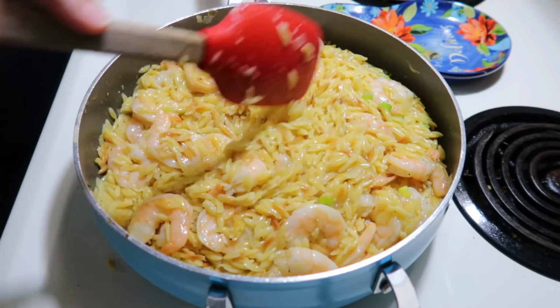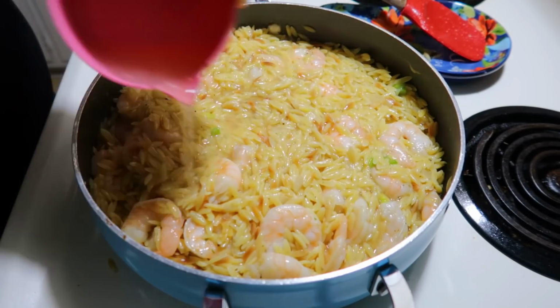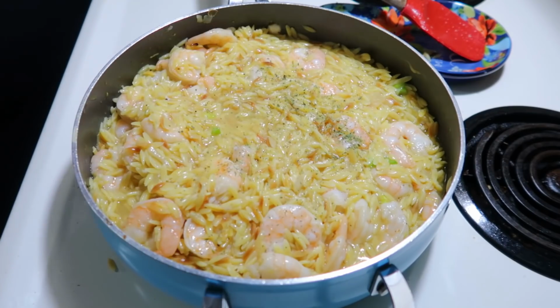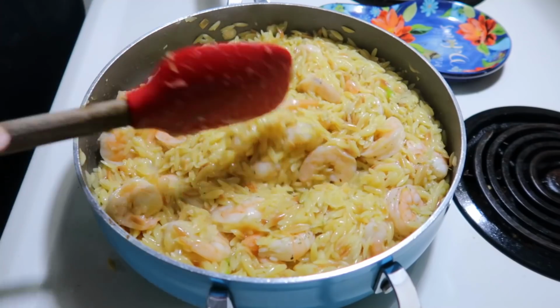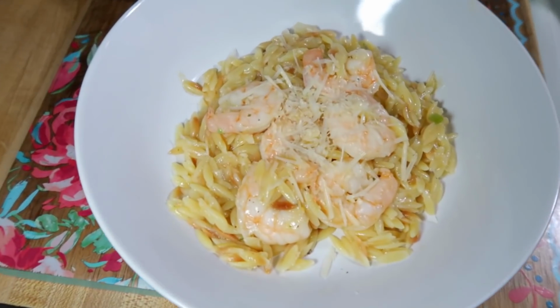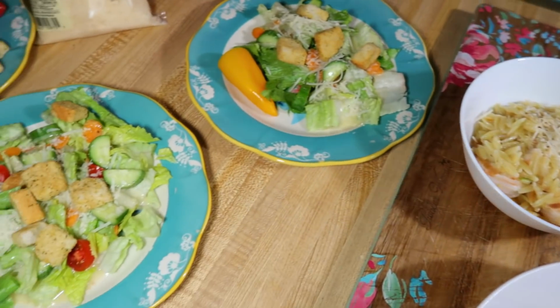There's quite a bit of stuff to cut up and prep for it, but once you get all that prepped, it's pretty quick and easy to make. You just gotta cut up your green onion, prep your lemon, juice it and get the zest, and mince your garlic and all of that. So there's a little bit of prep work, but it is really, really good. I just topped this with a little bit of extra Parmesan cheese,